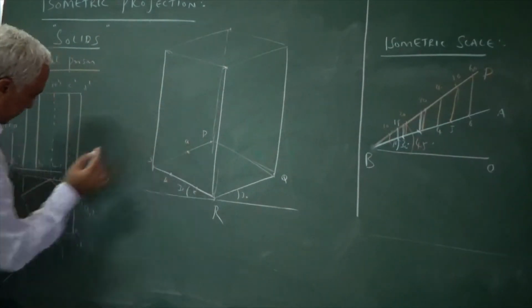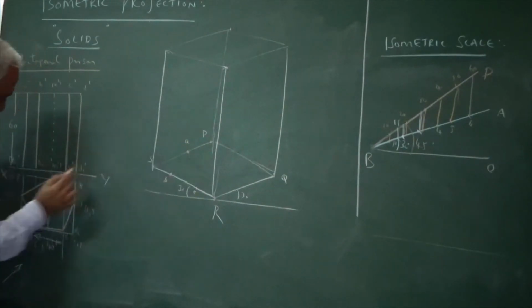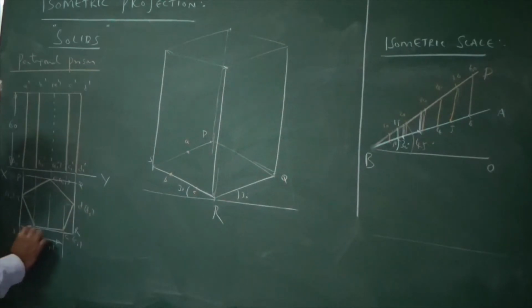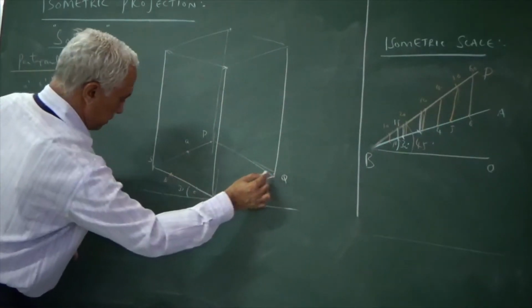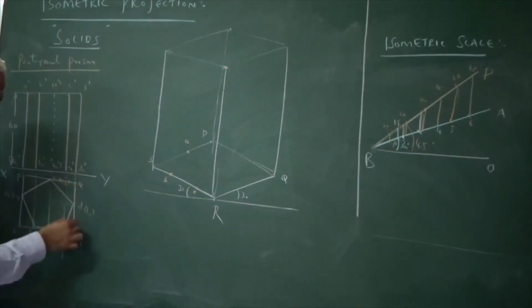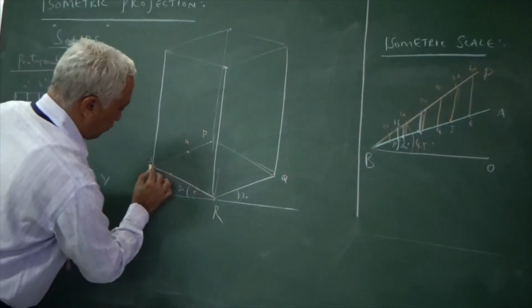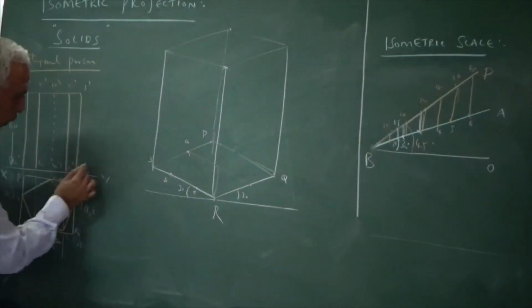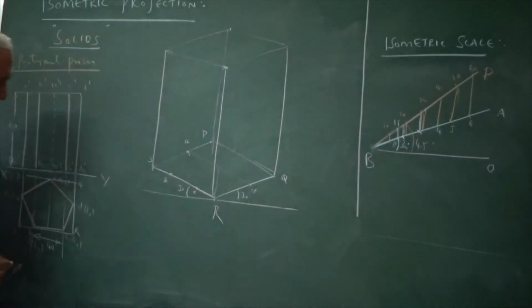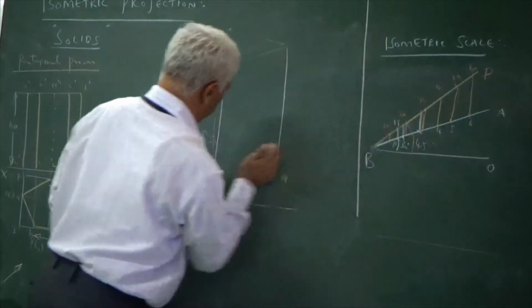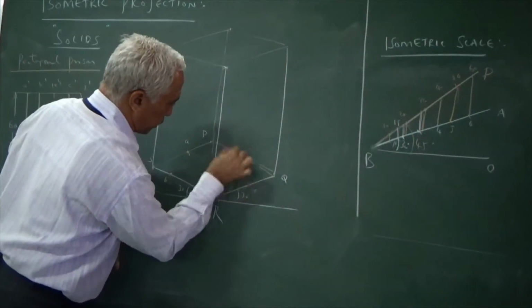I have located point A in between PS. To see the figure, a line joining A and D is parallel to SR. So SR, I have got BC, and on RQ is your point D. So if I draw a parallel to SR on RQ, I obtain the point D. And E is in between PQ, so take PE, get the iso of PE, from P towards Q, mark the